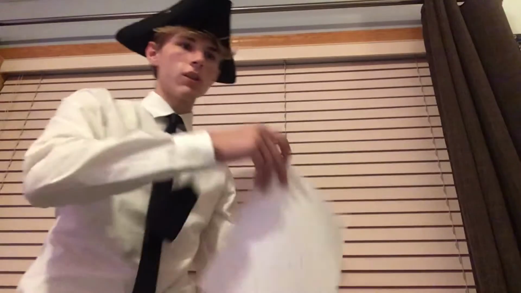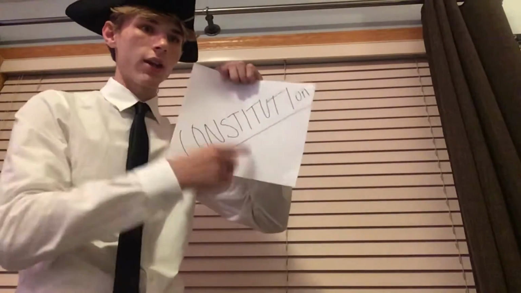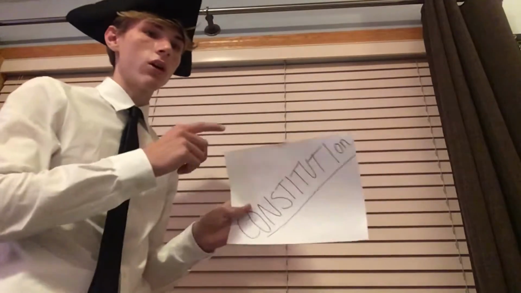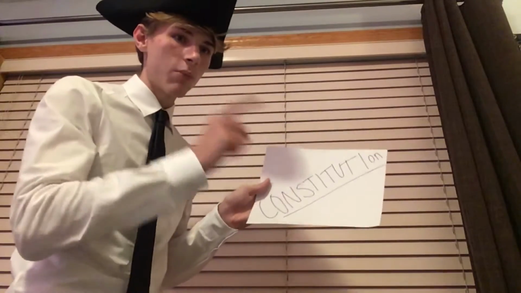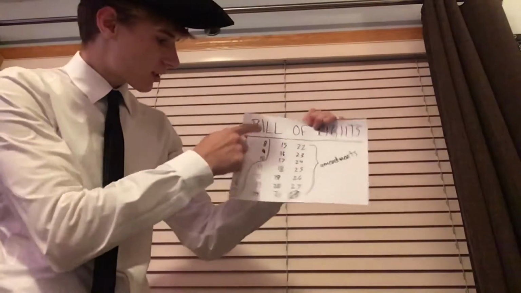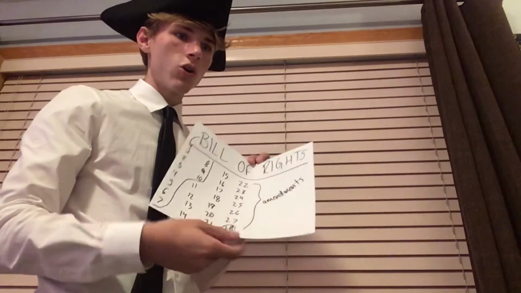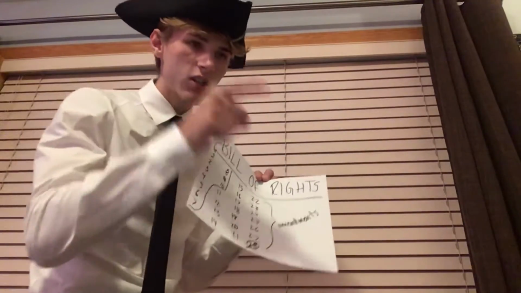How did all this start? Well, that's a good question. It all started with this little piece of paper right here. The Constitution of the United States. This Constitution exists to outline and limit government power. And in the Constitution, there's the Bill of Rights, which are the first 10 amendments of the Constitution, which assist in the protection of citizens just like yourself.